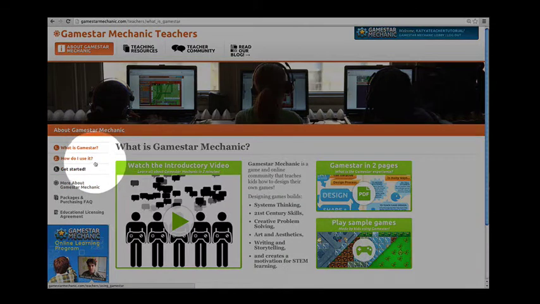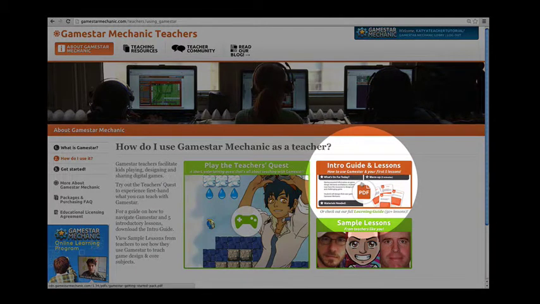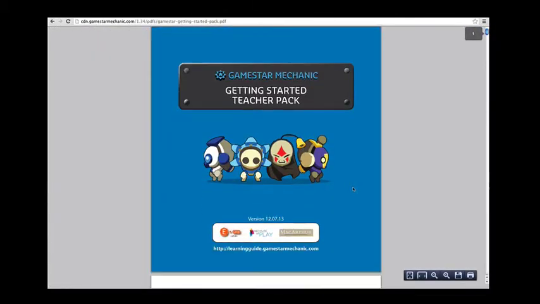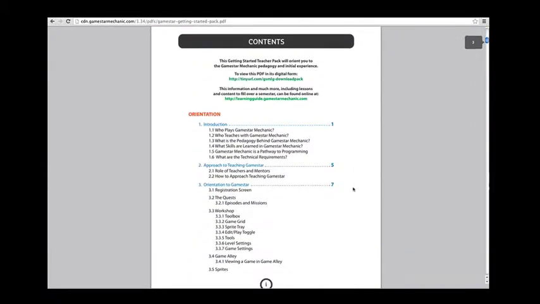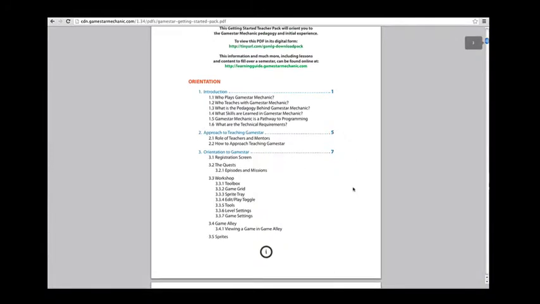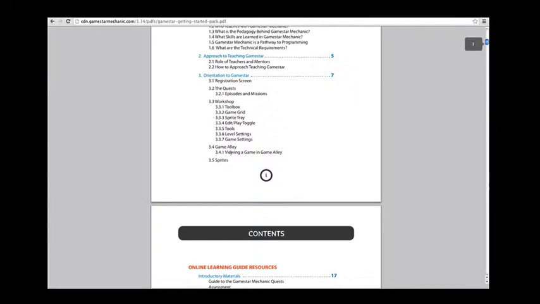Right now we're going to focus on how do I use it, which is this button here on the left hand side. And then the intro, guide, and lessons. This is a PDF that you can click to download, and it's a guide that has a lot of information about Gamestar. It has an orientation about who plays Gamestar, what's the pedagogy behind it, what are technical requirements. It has an orientation to all the different parts of Gamestar, the quests, the workshop, Game Alley where you share